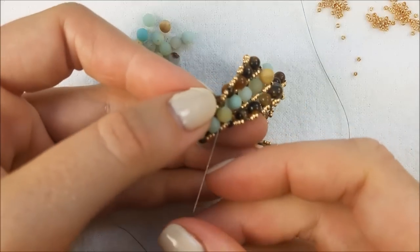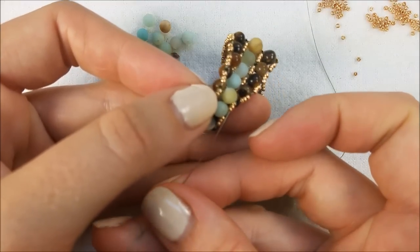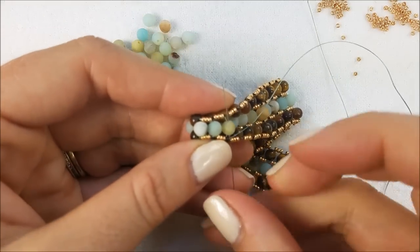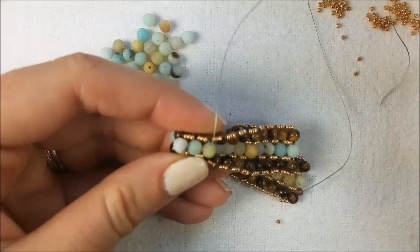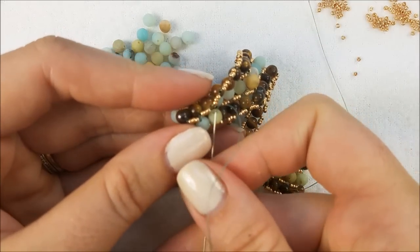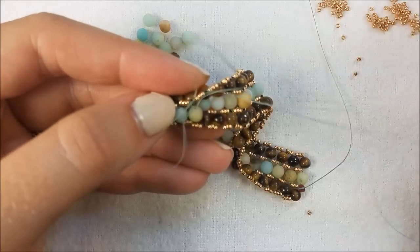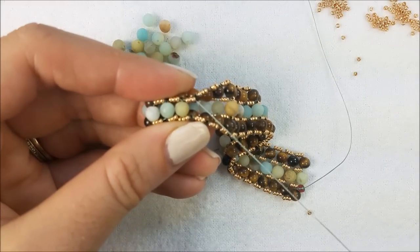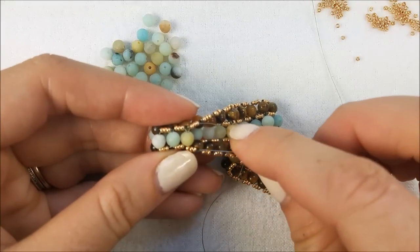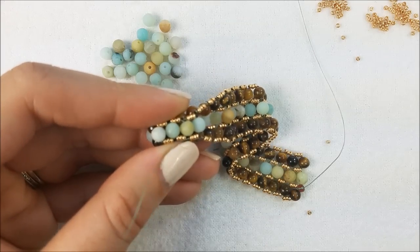So you're constantly adding and circling around that grouping of your 3 seed beads and your gemstone that you just added. As you're working, your thread is going to constantly be coming out the top and the bottom opposite ends when you add your new right bead in place. So here I'm coming out the top. On the next one, I'll be coming out the bottom as I circle around and add them into place. So you're just circling around doing that right angle weave,